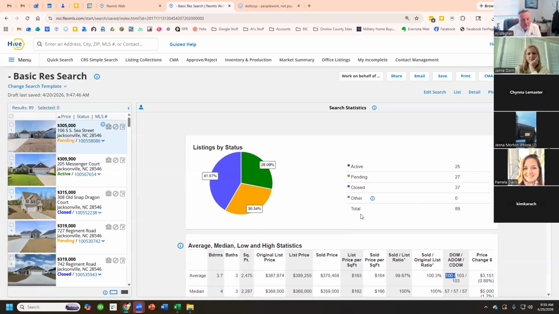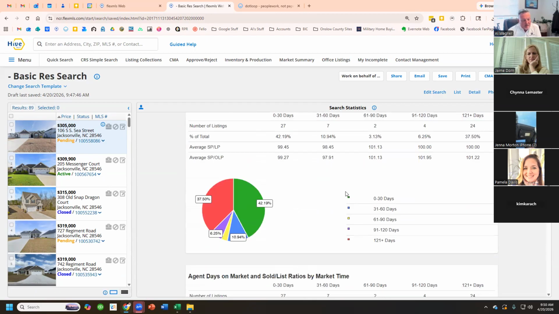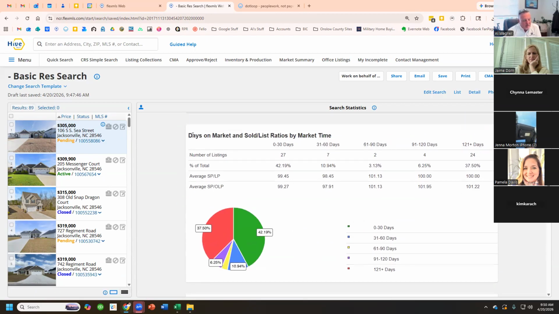This is a very powerful report. When you go to print, you just print here, and then it prints. It has other statistics here, like days on the market: homes that have sold within 30 days, 31 to 60 days, 61 to 90 days. This is the number of listings that sold within those timelines, and percentage of total, meaning percentage of total homes sold. 42% of the total homes sold in under 30 days, and they sold for 99.45%